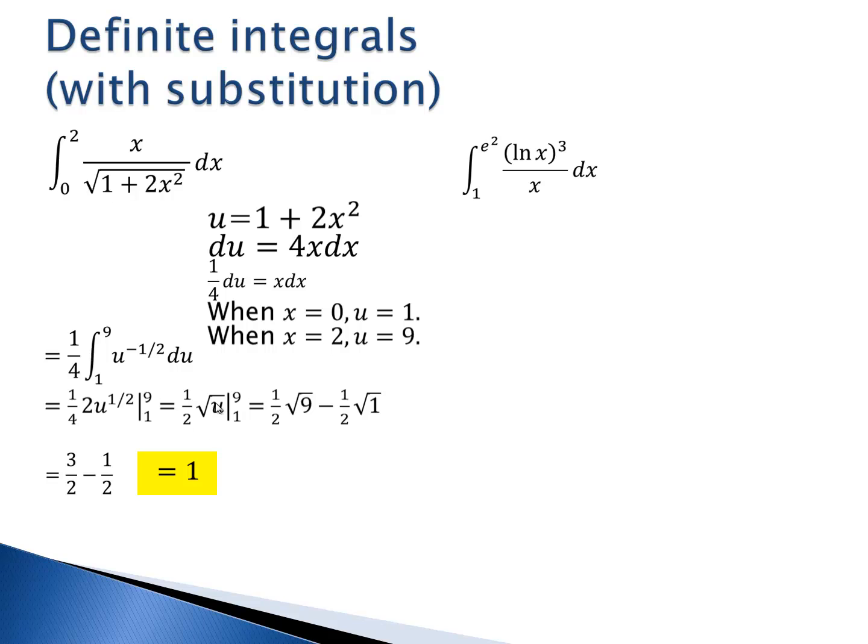When we do that substitution with the definite integrals, we don't have to put those x's back in there. And in fact, we don't want to put those x's back in there as long as we've changed those x numbers into u numbers. If you do put the x's back in there, we wouldn't want to use 1 and 9 anymore. We'd want to go back to using 0 and 2. So you're making extra work for yourself there if you try to put those x's back in there at the end. Alright, we've kind of transformed this entire integral into an integral about u's, and the x's don't have to come up in there anymore because we're looking for a number and we found that number here. Alright,